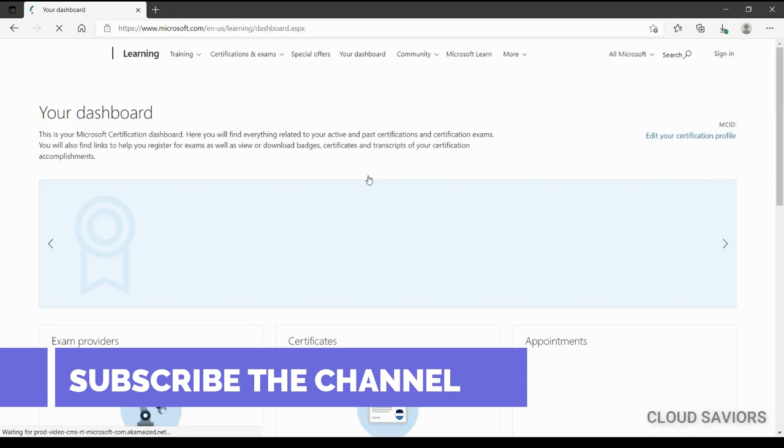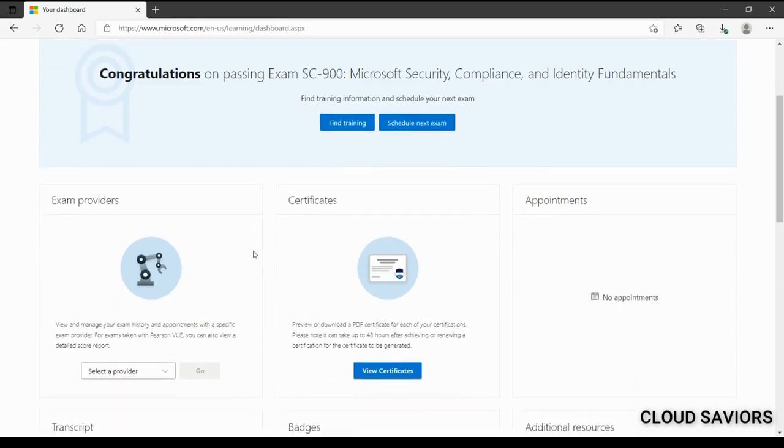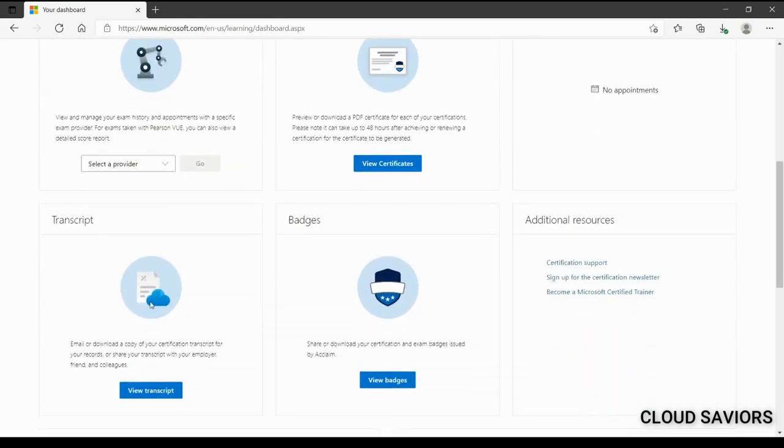Now it will redirect us to the Microsoft certification dashboard. As you can see, this is my dashboard, and this is my recent certification, the SC-900. Let me focus on our target, which is to discuss the transcript.